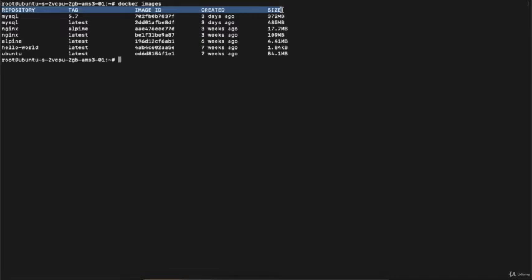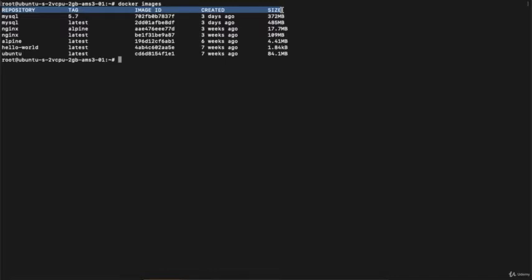Repository is the name of the parent directory, which is the name of the file system you have. And tag specifies the tag of that particular repository. Image ID is the ID which is generated when you push your image over Docker Hub. So basically Docker images don't have any name.